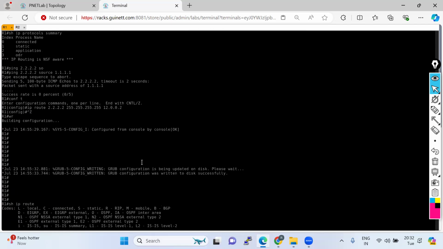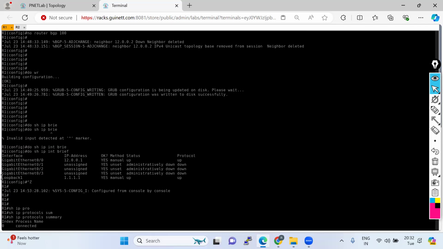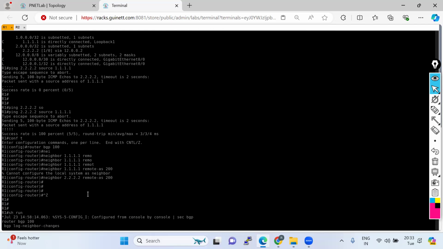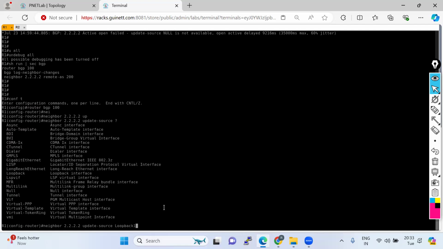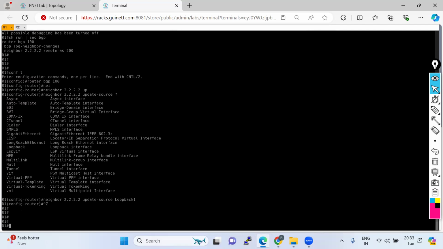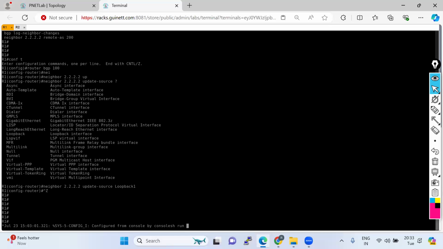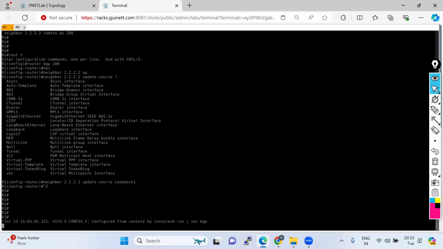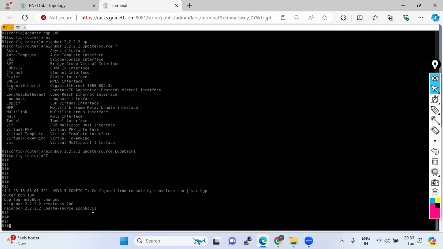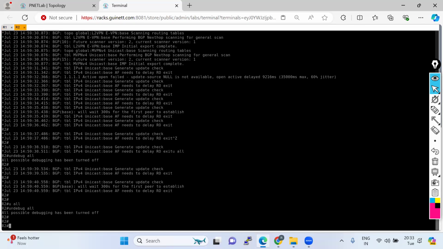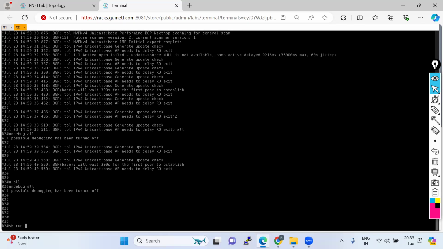So what is my loopback 1? You can just check, this is loopback 1. So I just put the interface name here. So now it is done. If I check show run section BGP, this is your BGP and this is the command. So this has been done, and now let me configure the same command on the other router and we'll see what is happening. So show run section BGP,